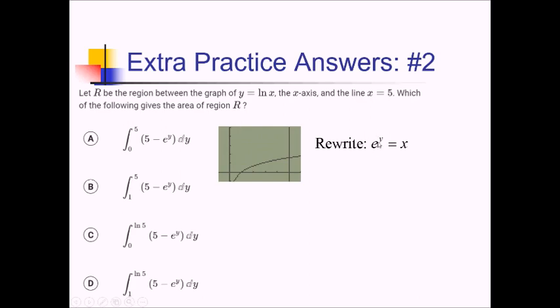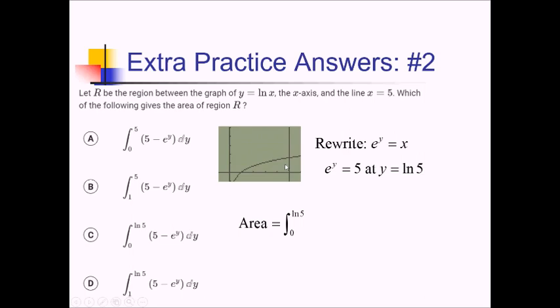I can do that by just setting this equal to 5, and then to get y, I just have to take the ln of both sides. So y is going to be ln of 5. So then my area of this curve, we're going to have the integral from 0 to ln of 5 of